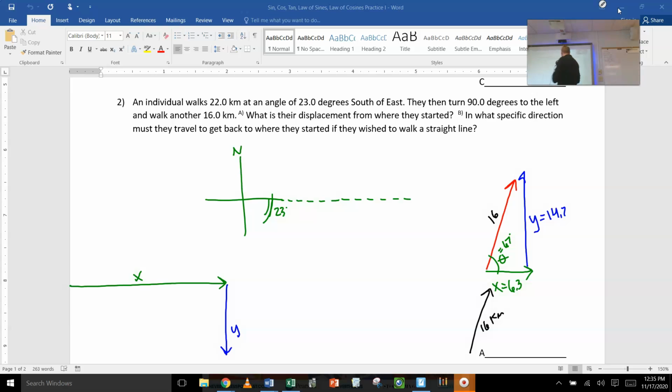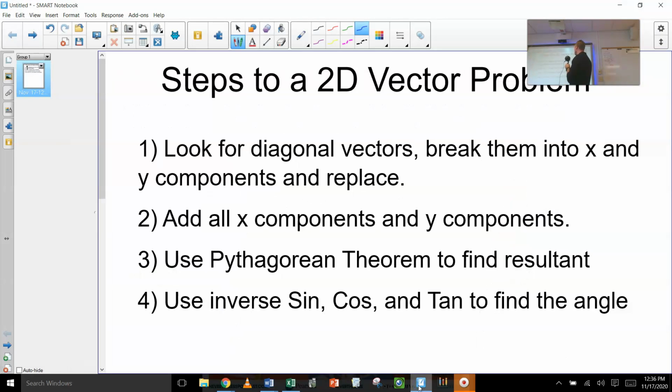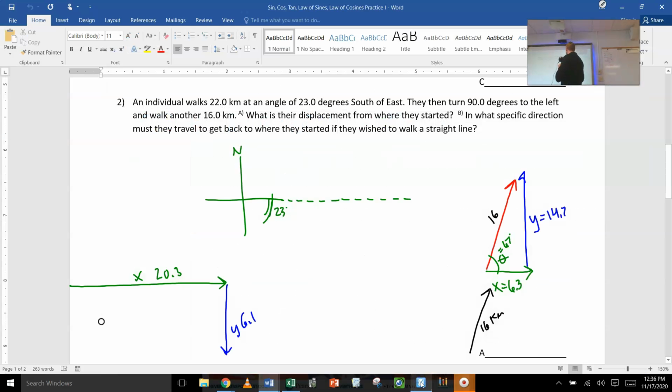Maybe, for the sake of trying to keep things not so messy, on your 20.3, and this one was 6.1. Maybe what I'm going to do is skip down to number 2: add up all the x components and the y components. That's going to keep you a little bit neater. So, adding up all the x components,